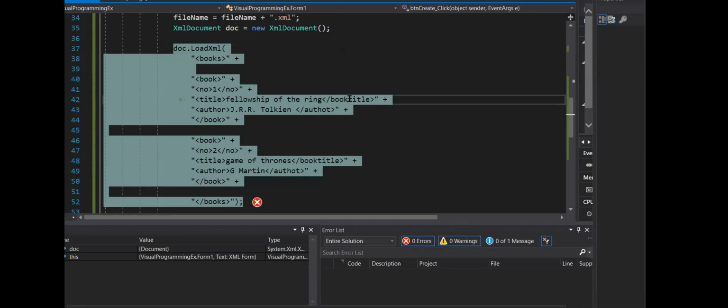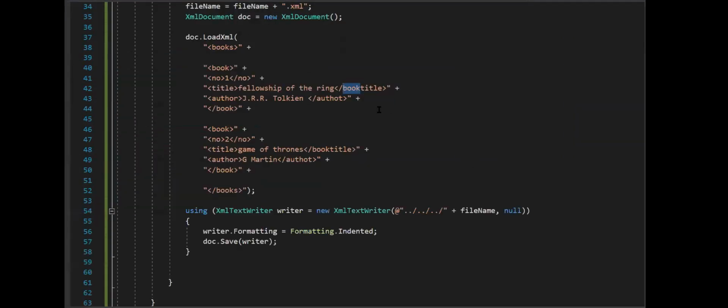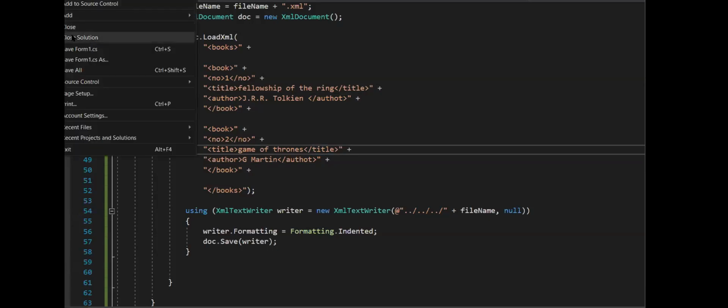Yes, it's true. You see that I typed title, but then I tried to close the book title. You see how it's annoyed. So every tag that you open must be closed properly. And if you don't do that, you will get an error. So make sure to match the